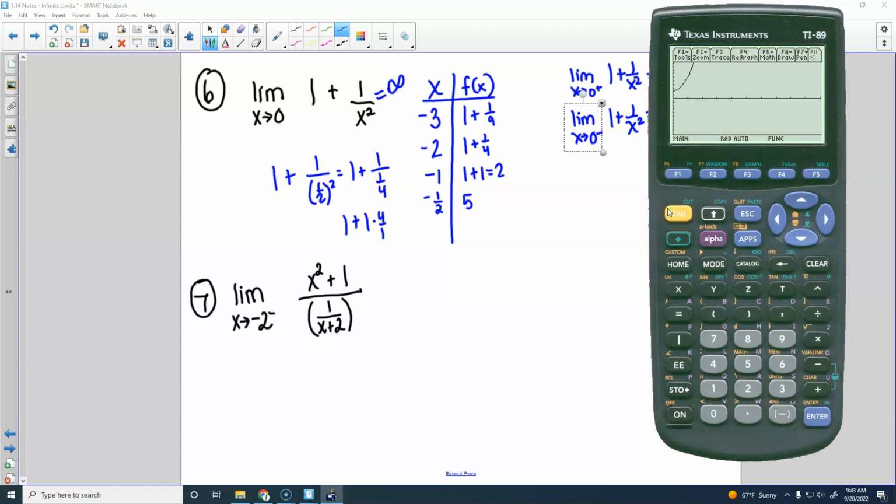So if you need to change your window on these, you can see F2 right there says zoom. If you go there, number 6 is your standard 10 by 10 zoom. So if you do 6, now when I look at this,